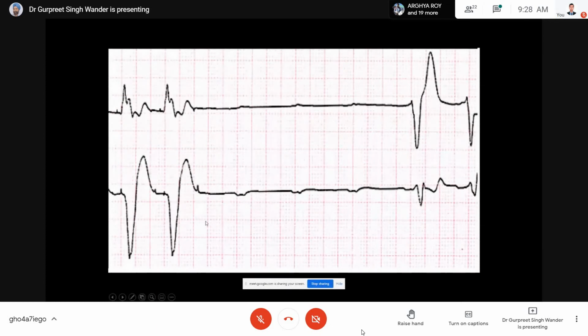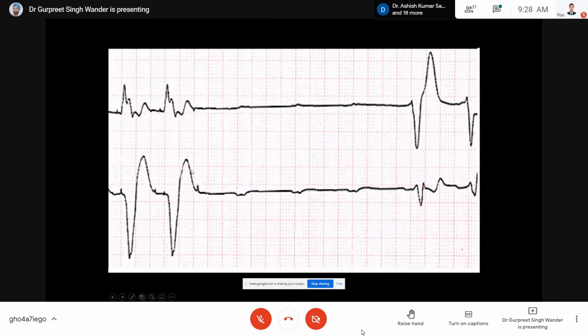Now sometimes pacemakers can fail. After all, they are man-made. If God-made things can fail, man-made things fail 1,000 times more often. So there are multiple problems that happen. Pacemakers can oversense, they can undersense. It's a whole lot of technology in which biomedical engineers and electrical engineers are better off than us, but we can actually judge from the ECG.